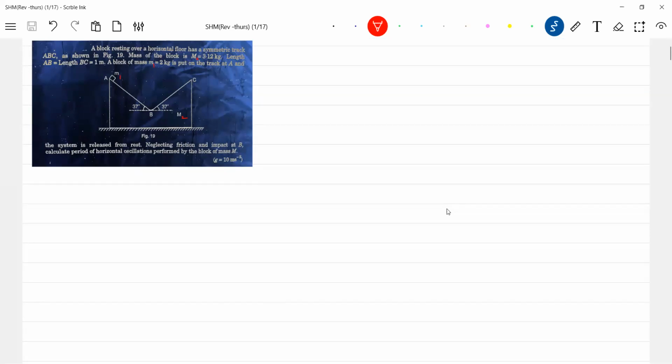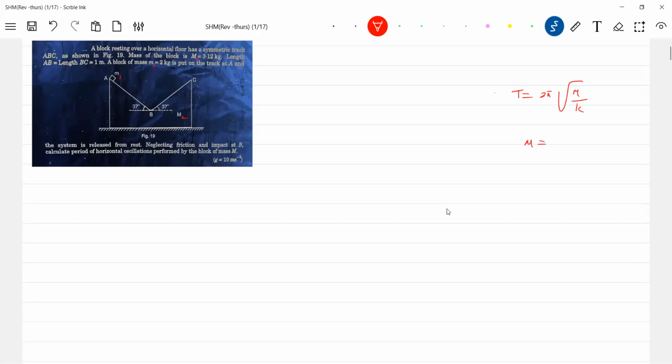Shall we use the reduced mass concept? Anybody, can you suggest the reduced mass concept? I should permit you to really analyze. It's not that I should start the problem. So what are the options available? Both M1 and M2 will oscillate, so one method is to go for the reduced mass concept. Let's think randomly, no problem. So what is the reduced mass concept? T equals 2 pi root mu by k.